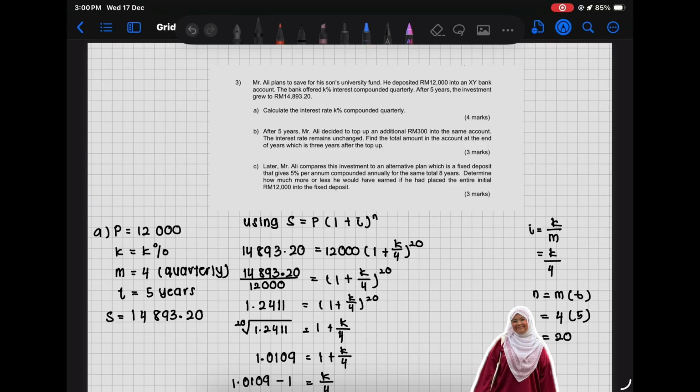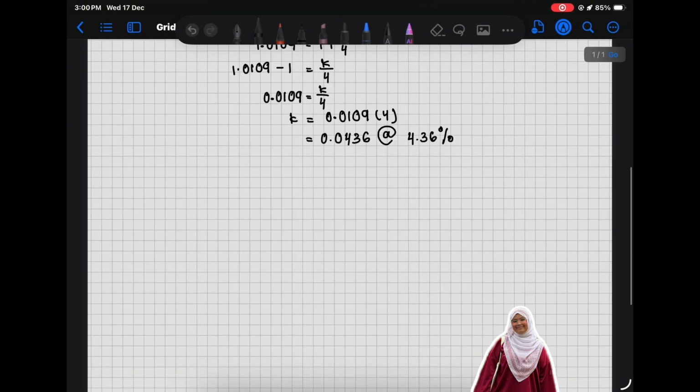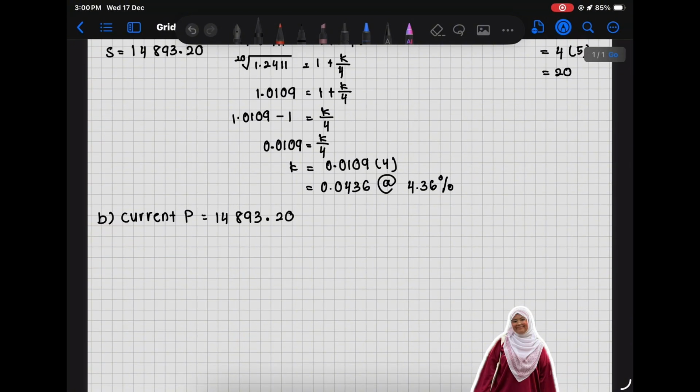Question 3b. After 5 years, Mr. Ali decided to top up an additional 300 ringgit into the same account. The interest rate remains unchanged. Find the total amount in the account at the end of 3 years after the top up. For this question, we have a new P. 14,893.20 plus 300 equals